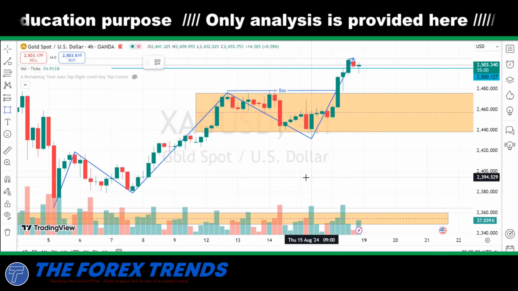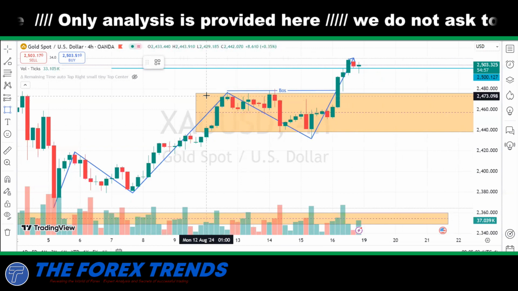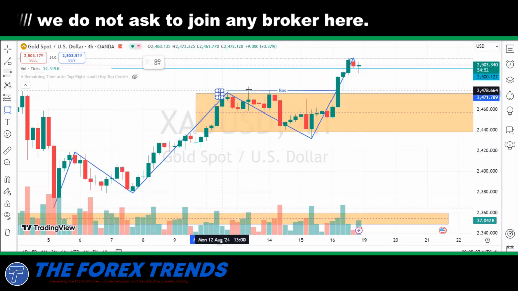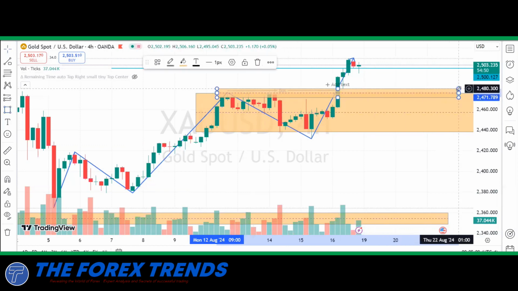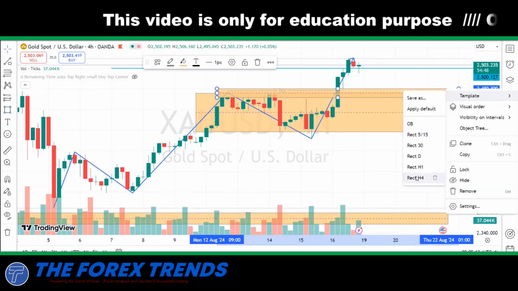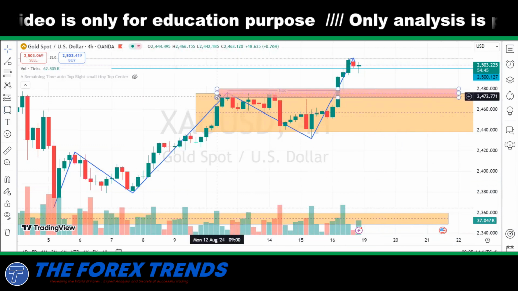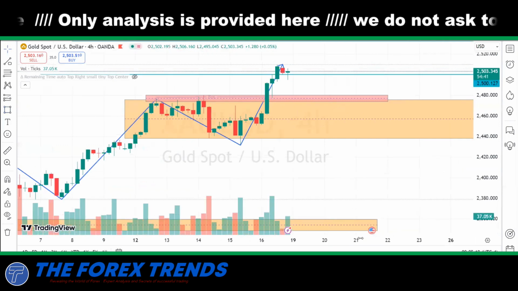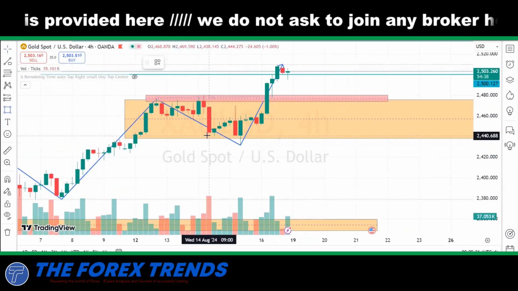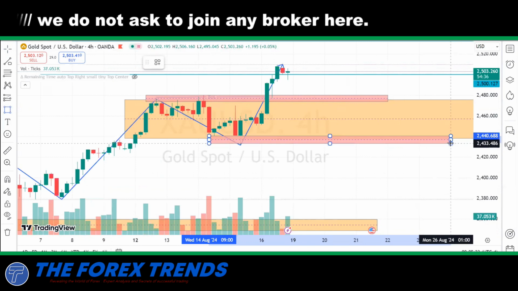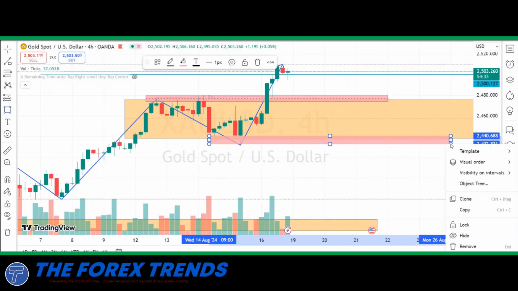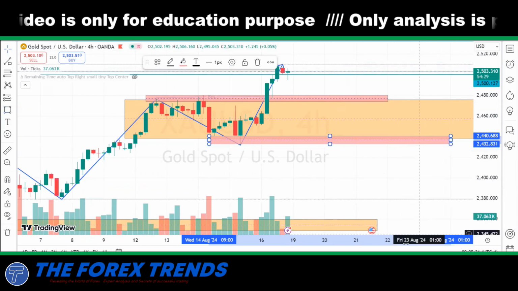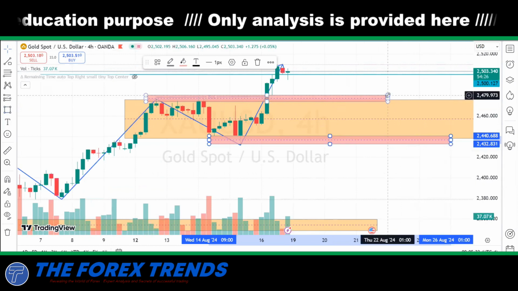And we know whenever the market creates this kind of structure, a break of structure, we have 2 points of interest to join the current bullish trend. That's why I mark the first POI, and the first POI is there, as per the 4-hour structure. Okay, this is our first POI. And if I mark the second POI, here is our second POI to join the bullish trend.